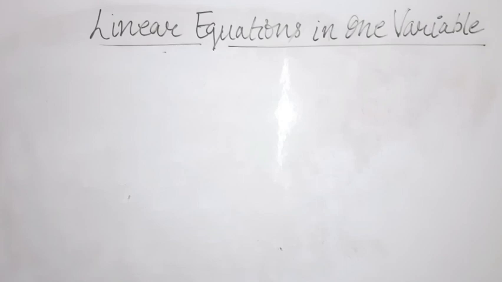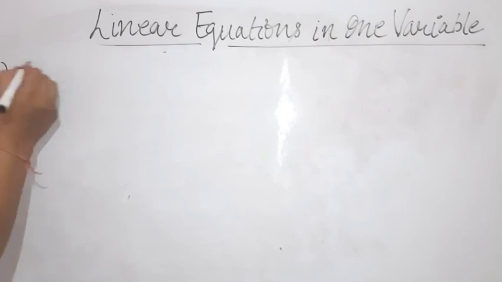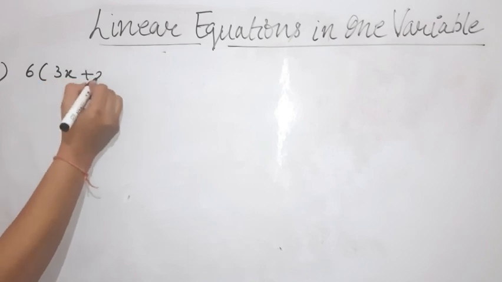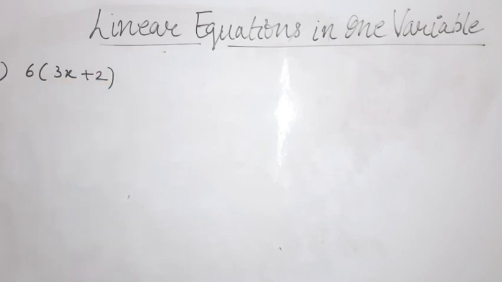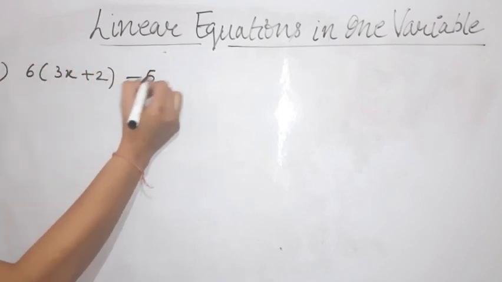Question number 13. I am going to solve this question because it appears to be a little bit complicated. Question number 12 I am leaving, so it is for your practice. Do it in your homework copy. Question number 13: 6 within bracket 3x plus 2 minus 5 within bracket 6x minus 1